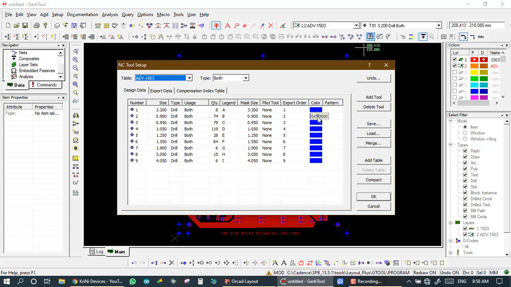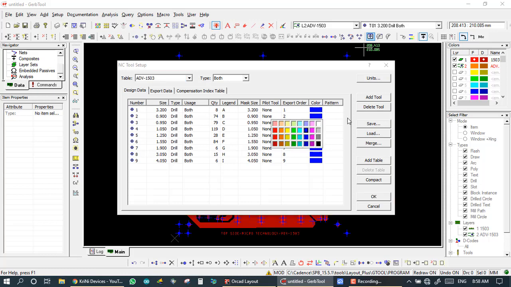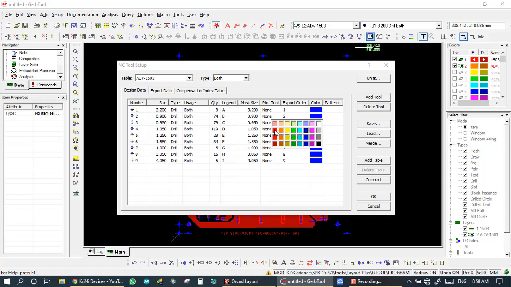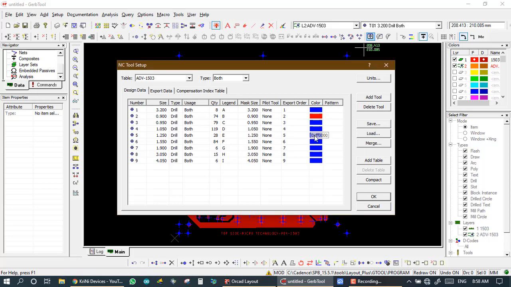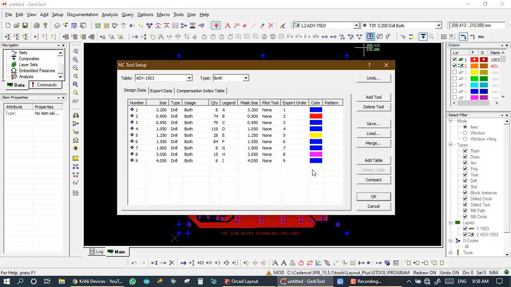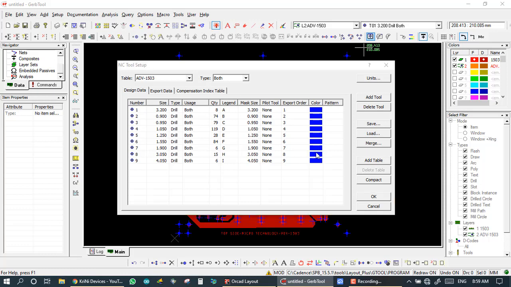Then I go to specify place and right click. Just click on it and take a red color. Click on it, set color. Click on it and set color. So if we want the same color for all tools, then right click, set tool and set your color. For any single tool we want to color, then just click and set your color.